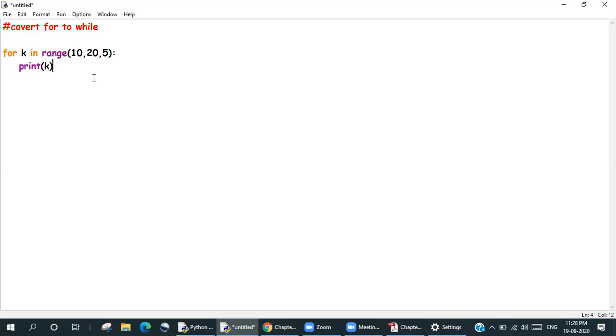So they will say, write a program to print odd numbers from 10 to 20. So you have to write this program, and you have to write it in your notebooks. You don't have to write on your Python ideally and take a screenshot and send it to me. No, you have to write it in your notebooks.